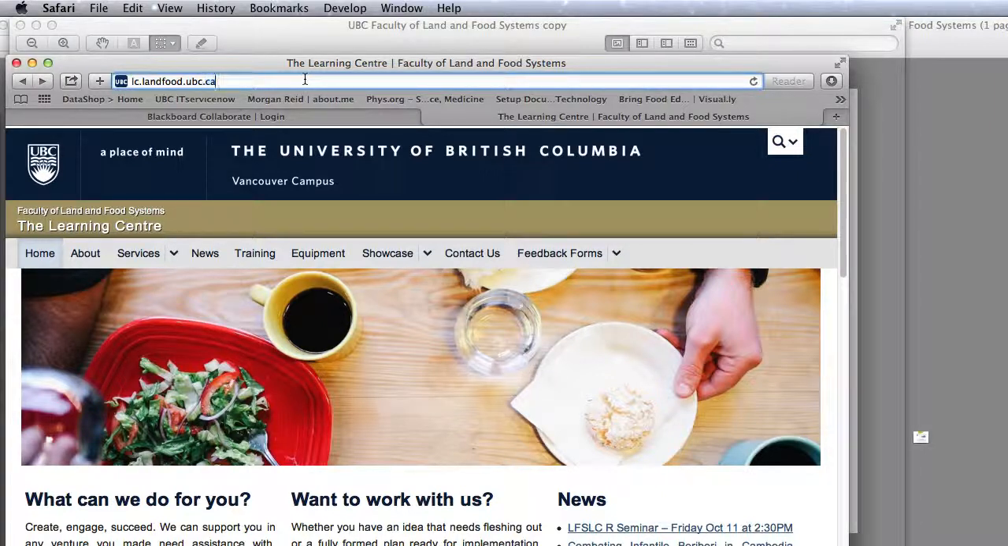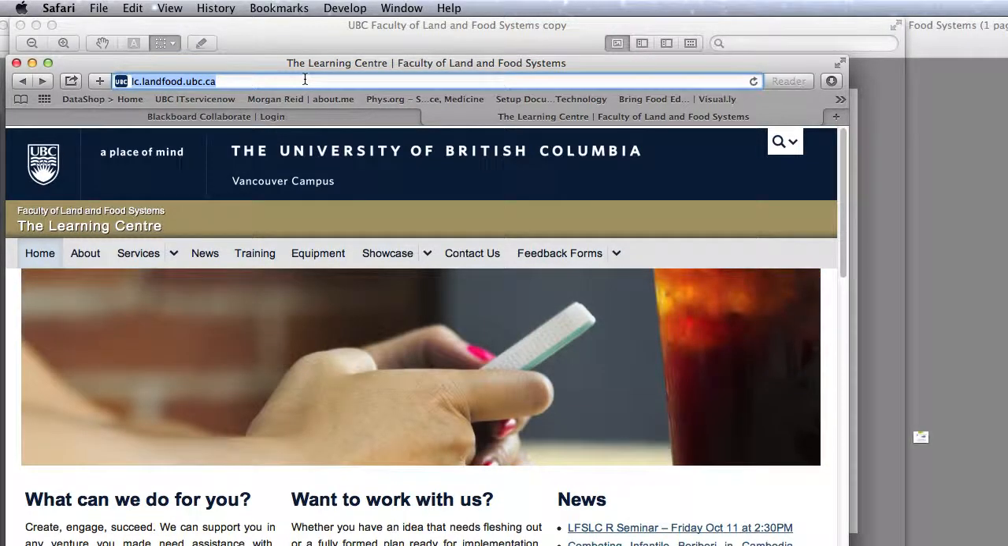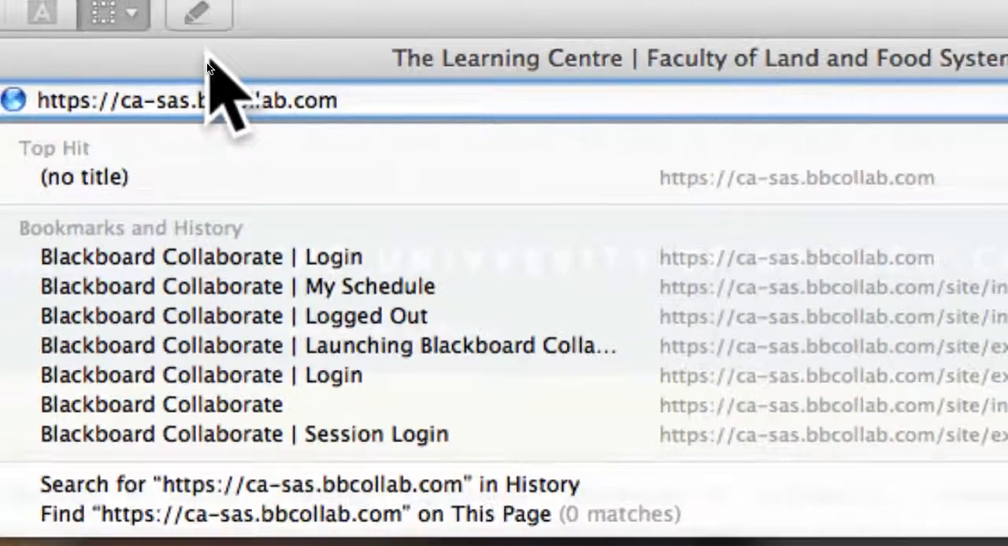Blackboard Collaborate is kind of a webinar or web conferencing system, and it can be used from within the Connect learning management system here on campus so that you restrict access to students who are in your course, or you can use it outside of the learning management system, kind of as a standalone room. You'd get a URL, like that one,